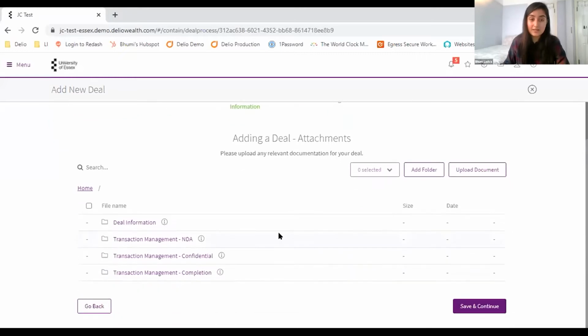So I'm going to go back. There's a few other folders on here. There's a confidential document and there's a completion document. These two documents can also have regular investor documentation in them, but the only way an investor sees this information is if you as the entrepreneur have actually moved them to this step. That might not entirely make sense now.